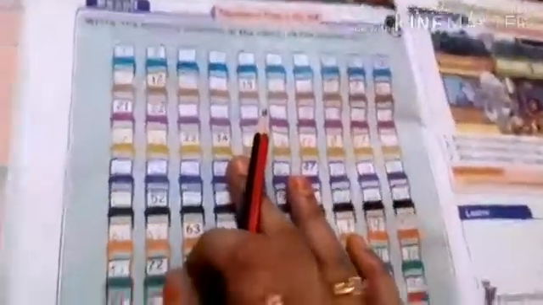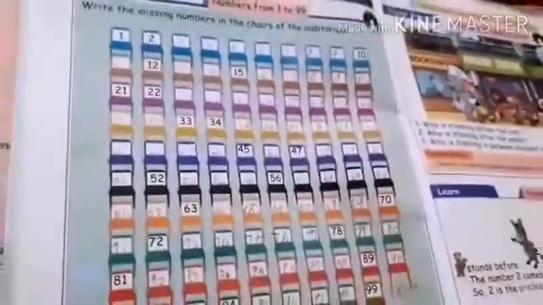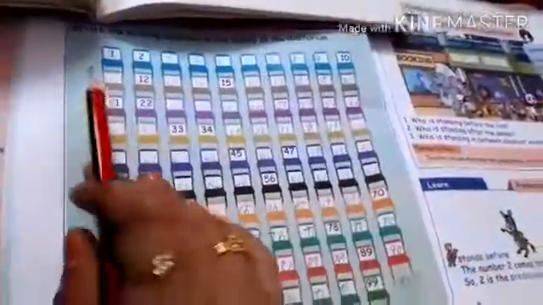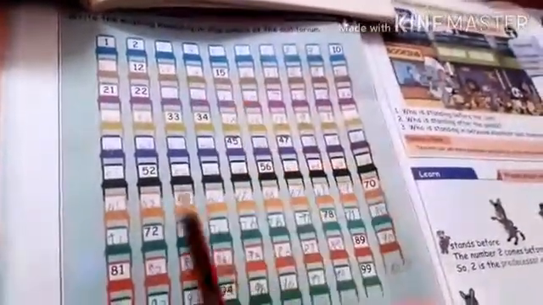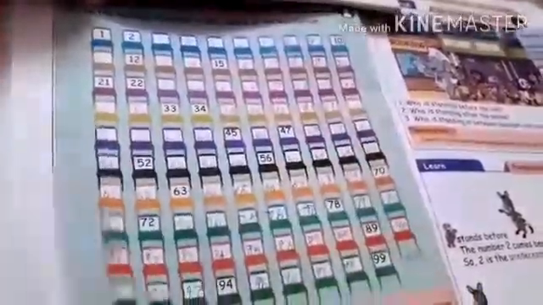Children, we have learned this 1 to 100 in previous class itself, no? In first standard itself we have learned these numbers. You know it very well. So take a classwork note. So write these numbers from 1 to 100. Okay. The next one is